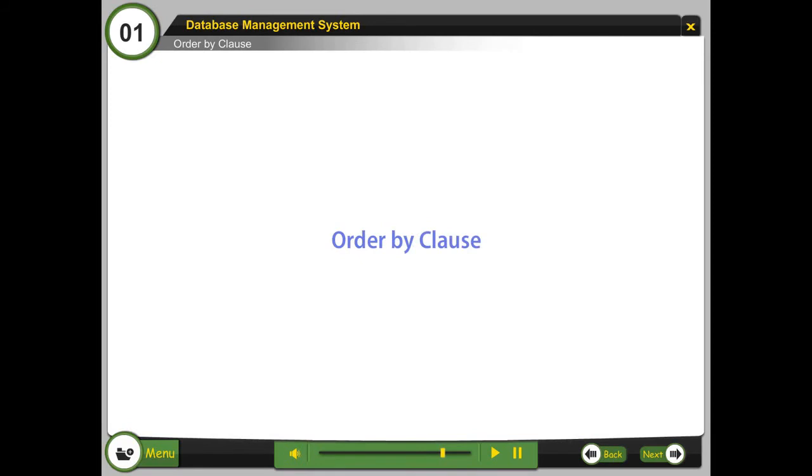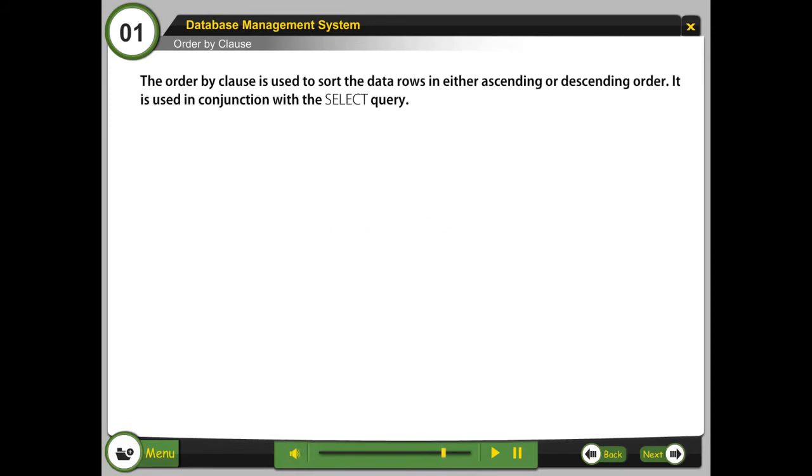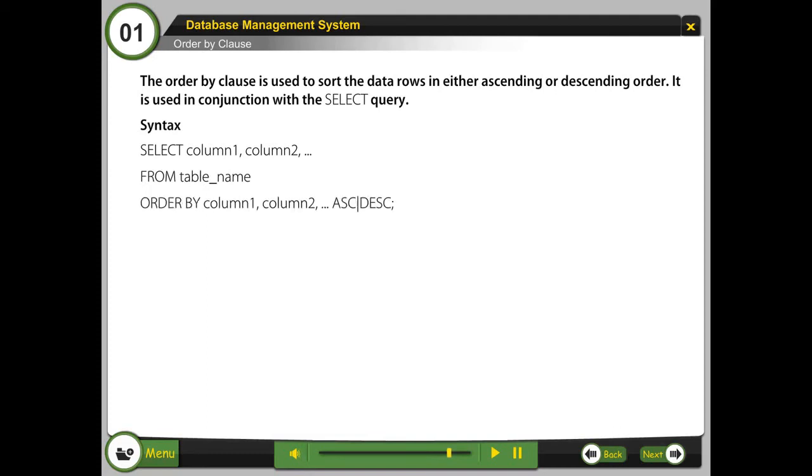Order by clause. The order by clause is used to sort the data rows in either ascending or descending order. It is used in conjunction with the select query. Syntax: select column1, column2, and so on from table_name order by column1, column2, and so on ASC, DESC;